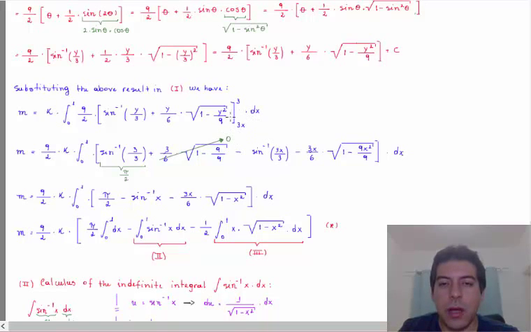And substituting y as 3x, we have sine minus 1 of 3x over 3 minus 3x over 6 of the square root of 1 minus 3x squared is 9x squared over 9. So m is equal to 9 over 2 times k times the integral from 0 to 1 of